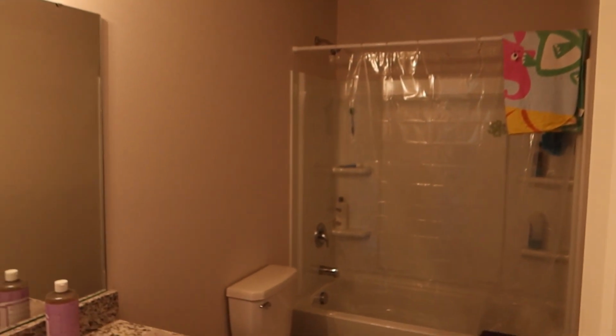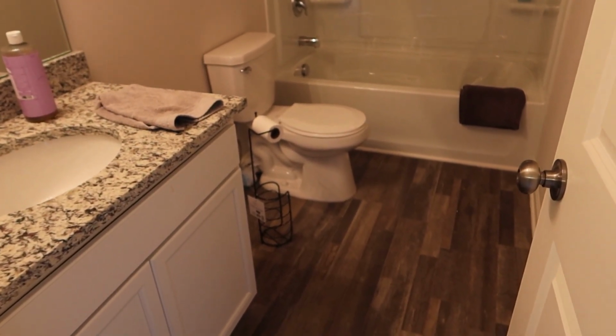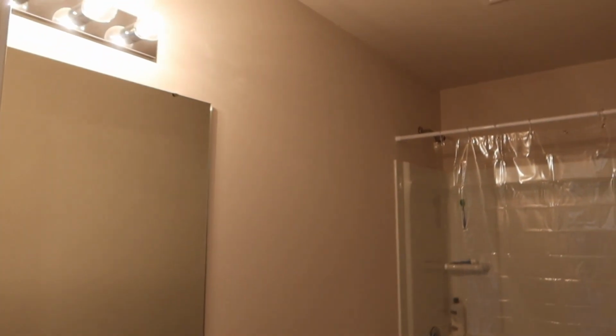But yeah, his bedroom is basically just for sleeping, so there's not really going to be a whole lot in there. There's going to be some end tables and stuff in there, and a lamp. All that kind of stuff will be added to his room later. And then he has his own bathroom, just your basic shower, toilet, sink. But he loves having his own space, and we'll eventually be switching out the lights and doing something different with